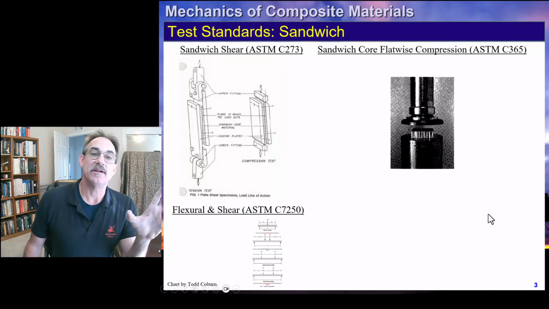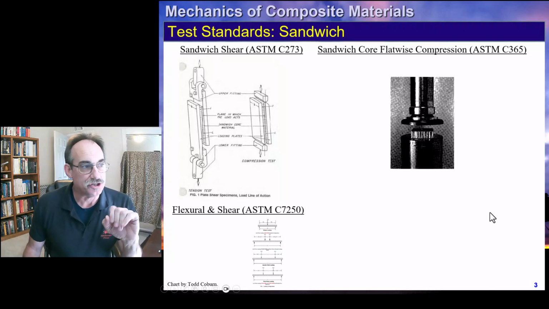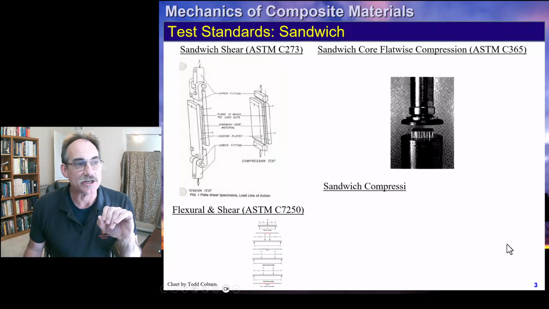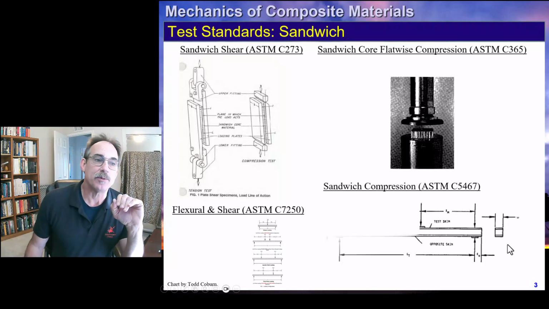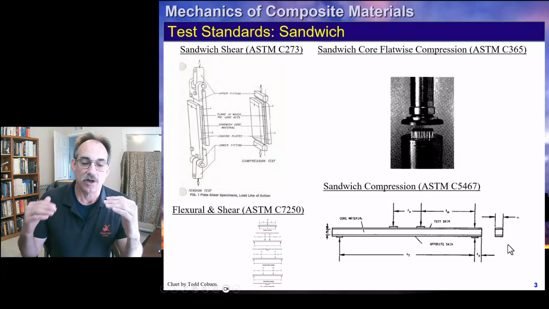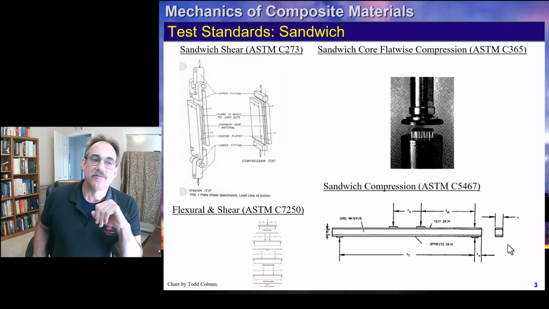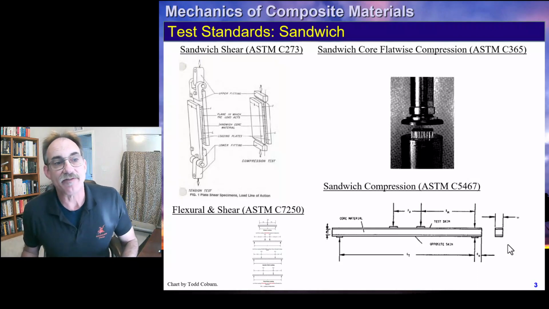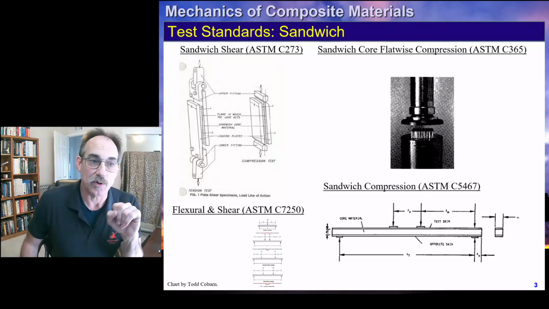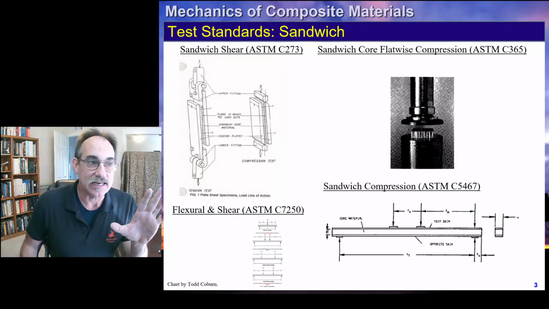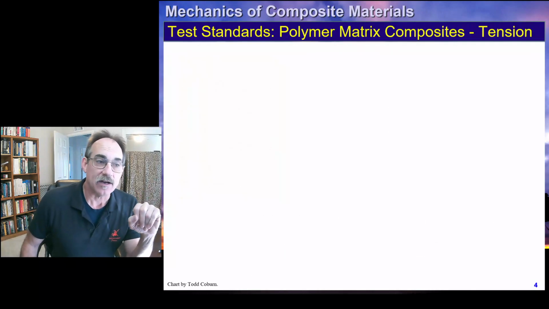C327250 is another one that defines flexural and shear properties for sandwich structures. And for sandwich compression, where you want to look at that compression loading, they've got ASTM 5467, which also gives details of how that can be done,